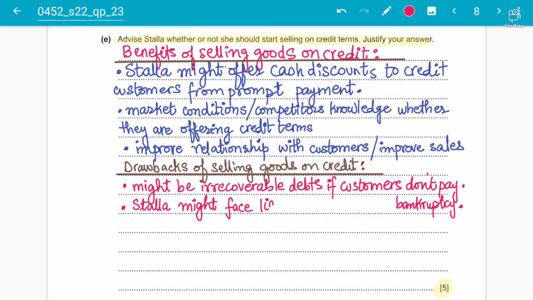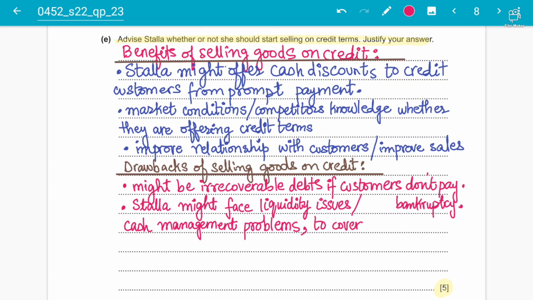ओके, लिक्विडिटी इशूज़ क्या होते हैं कि अगर आपके पास कैश अवेलेबल नहीं, आप सारा क्रेडिट पे सेल कर रहे हैं गुड्स को, तो आपको लिक्विडिटी इश्यूज़ फेस हो सकते हैं, कैश मैनेजमेंट प्रॉब्लम्स आप फेस कर सकते हैं. तो ये बहुत इंपॉर्टेंट है, आपके पास वर्किंग साइकिल होना चाहिए, इनफ फंड्स होने चाहिए ताकि आप डे टू डे एक्सपेंडिचर मैनेज कर सकें. मेक श्योर ये आप प्रॉपर पॉइंट्स लिख लें, कैश मैनेजमेंट प्रॉब्लम्स. ओके, and to cover daily expenditure, to cover day to day expenses, उसके लिए आपको डेली वर्किंग के लिए आपके पास इतना वर्किंग कैपिटल होना चाहिए इफेक्टिव. तो ये एक ड्रॉबैक होता है कि क्रेडिट टर्म्स पे सेल करने का. ठीक है जी,